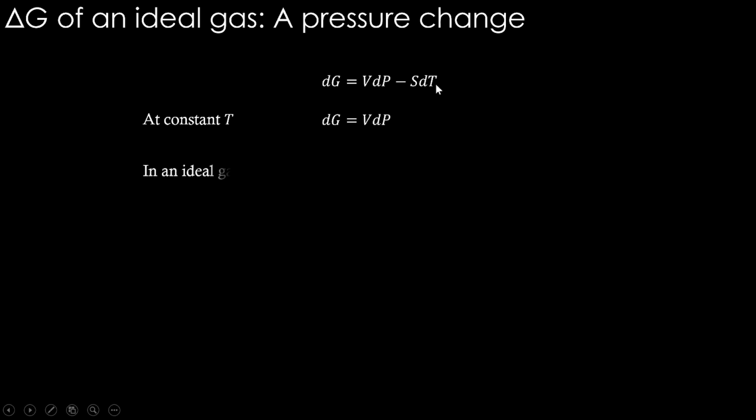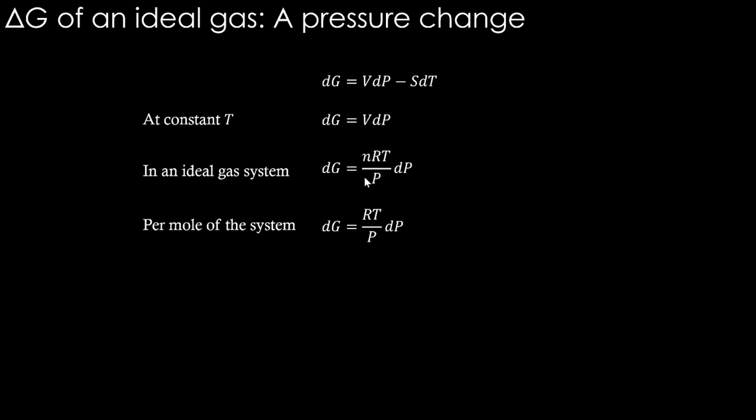Delta G of an ideal gas during a pressure change. If we consider this, it is going to throw some light. Now dG is VdP minus SdT, the Gibbs energy change. This is an ideal gas we are saying. We are not bothered about the chemistry change, the open system stuff and all. If we consider dG equals VdP minus SdT for an ideal gas at constant temperature, we can write dG equals VdP, remove the dT part, and then since it is an ideal gas system, we replace V by nRT by P, the equation of state for an ideal gas. Then if we take 1 mole, we can remove this n as well: dG equals RT by P dP.